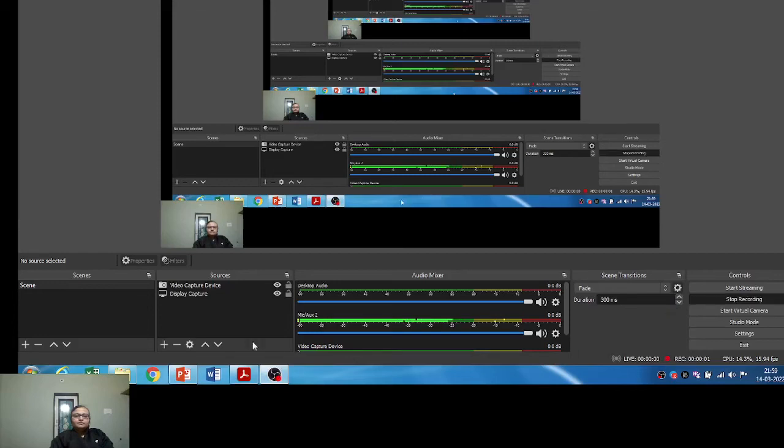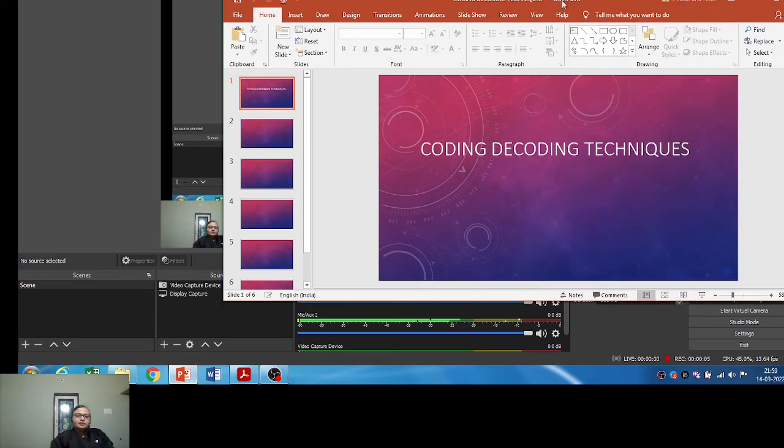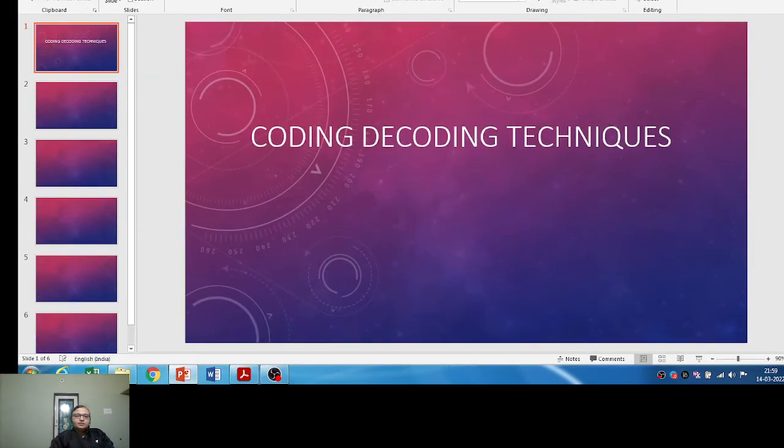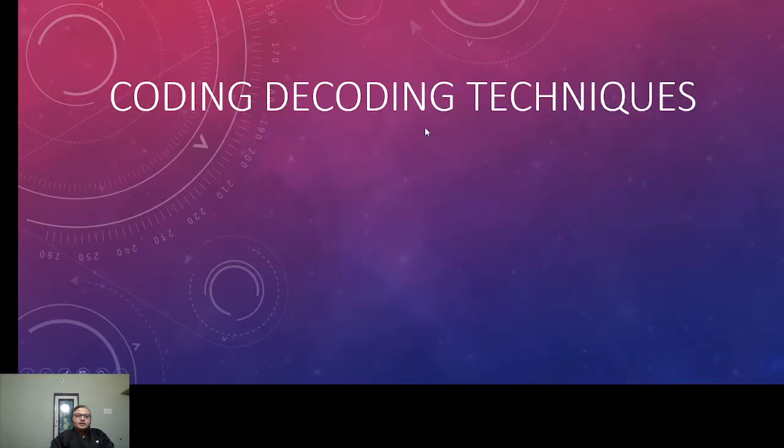Hello, today we'll do coding decoding, types of coding decoding, and some of the easy tricks how to find out the correct code. First you have is Chinese coding. In Chinese coding,